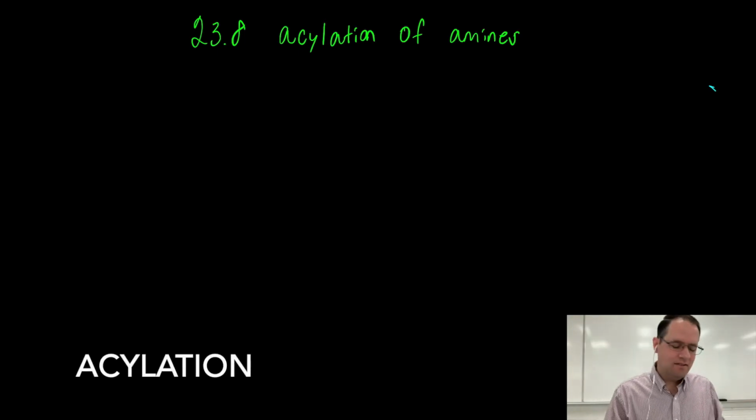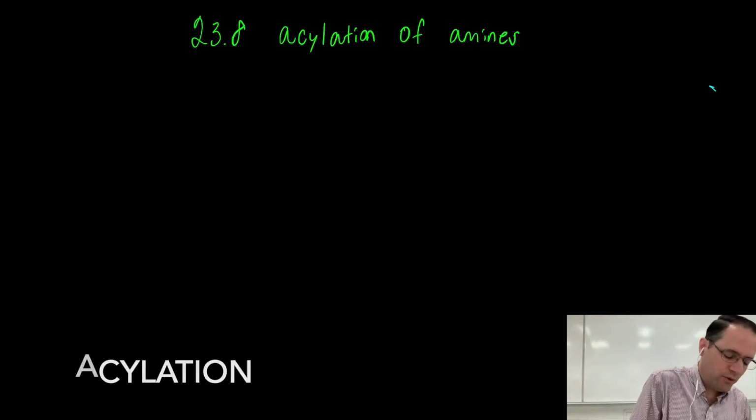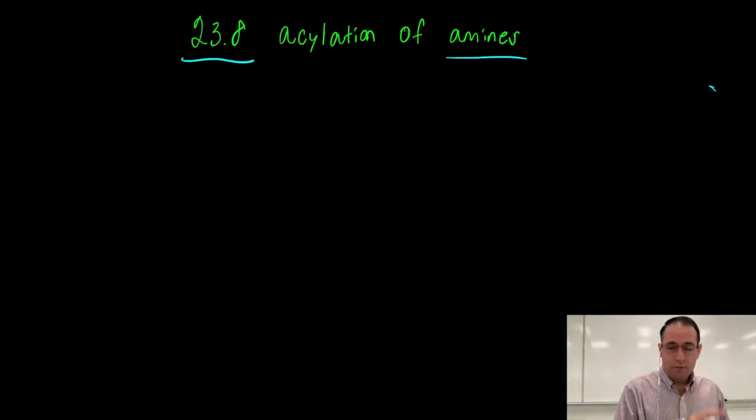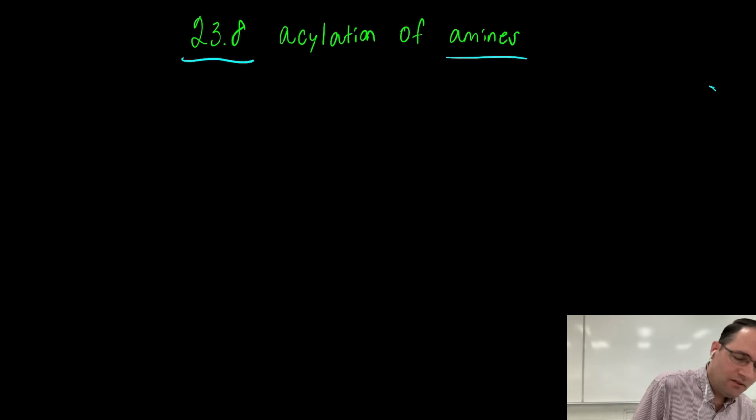Hello, let's talk about section 23.8, acylation of amines. So amines can come in various flavors: primary, secondary, even ammonia. We're not going to talk about the acylation of tertiary amines or aniline. And these amines can be acylated